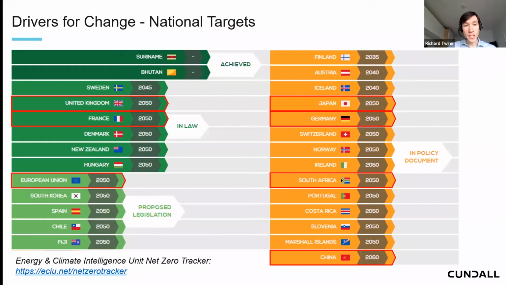the list. We can expect over the next year, in the run up to COP26, the UN summit to be held in Glasgow towards the end of next year, we can expect the rest of the G20 to be running quickly on the coattails of China to try and catch up in setting their net zero targets.